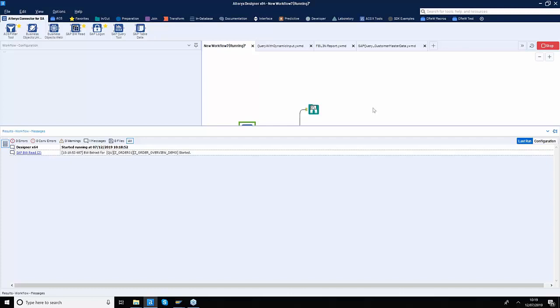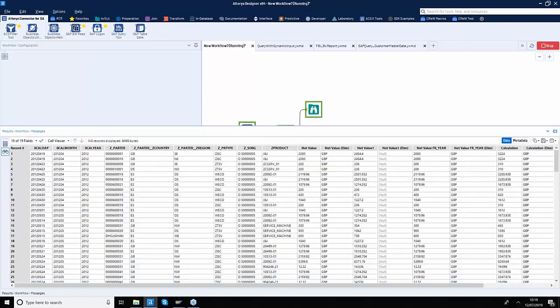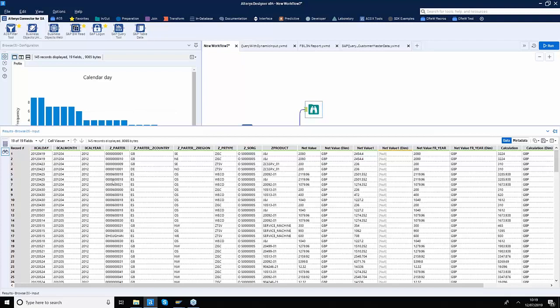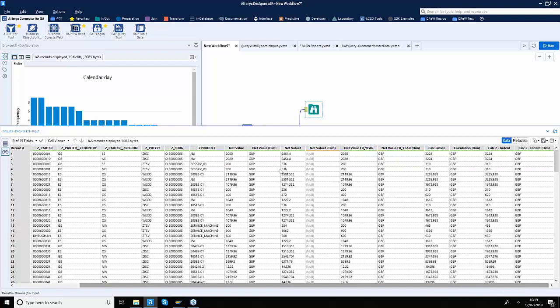We are now making one request to the SAP system to get all the data in flat tabular format. As you can see, all the way starting from 0CALDAY to Z product are my characteristics that are part of rows and columns in that query definition. This is the context on which we are operating, and then on the right hand side we have the actual numbers, for example, net value 1, and so on and so forth. These are the true numbers, or key figures, or measures as you call them. We also represent the dimensions against those numerical fields. If you want to switch them off, you have the controls within the tool to actually do so.